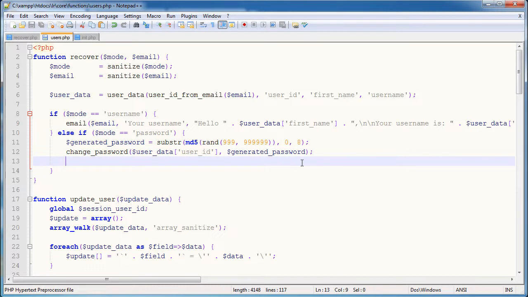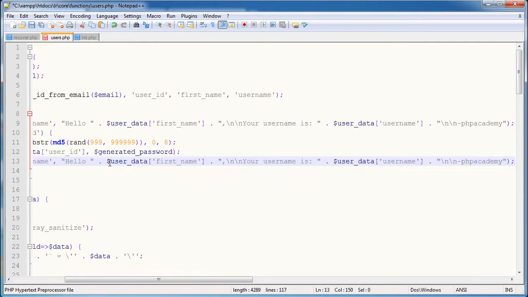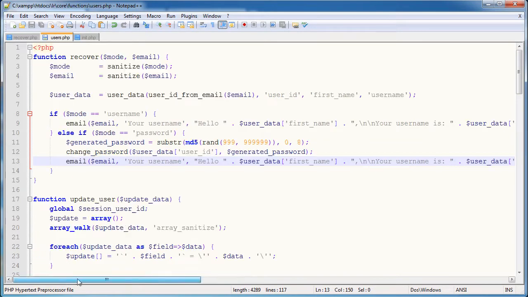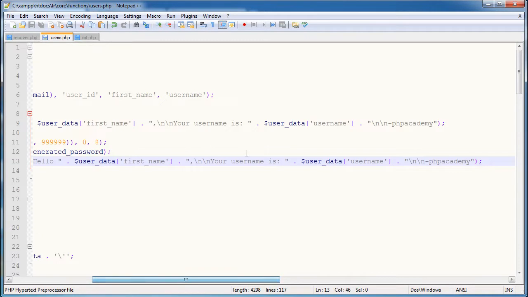So now what we want to do is actually email them and say, hey, this is your new password, log in with this new password, and then after that we'll force them to change it. So let's go ahead and just copy what we've done here with this email just to save a bit of time, why not, and paste that in there. So I'm going to say your password recovery. So I'm going to say hello Alex, or hello first name, your